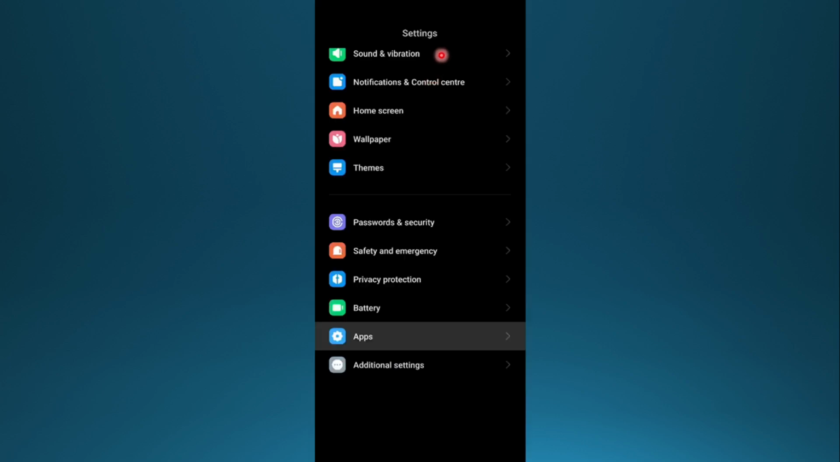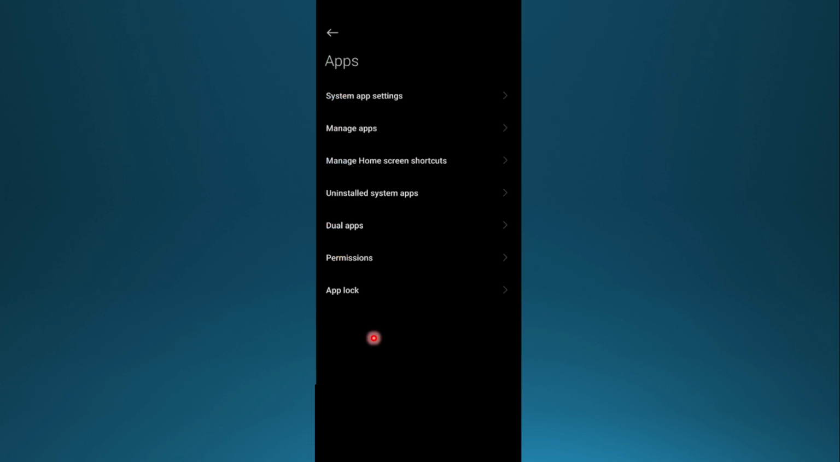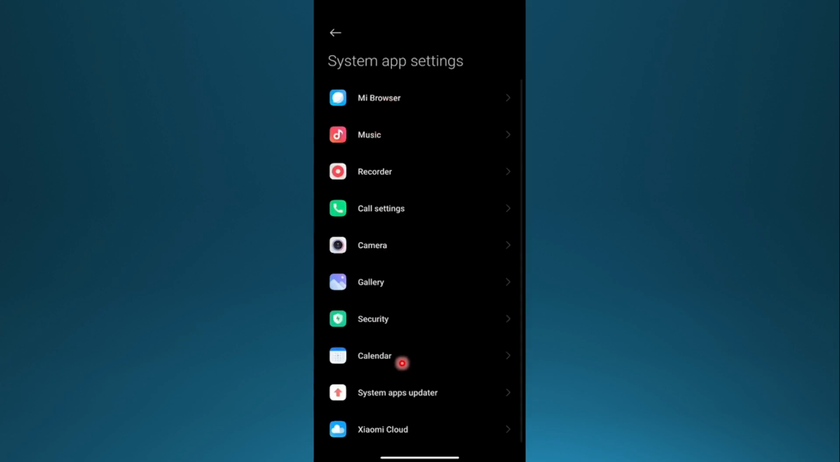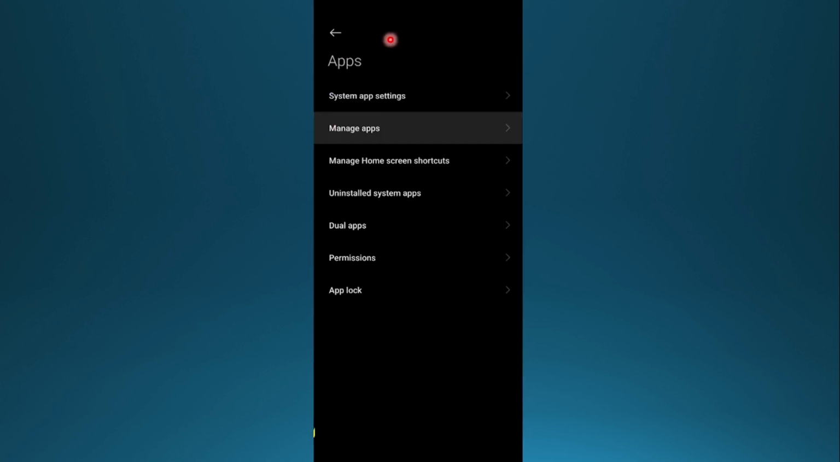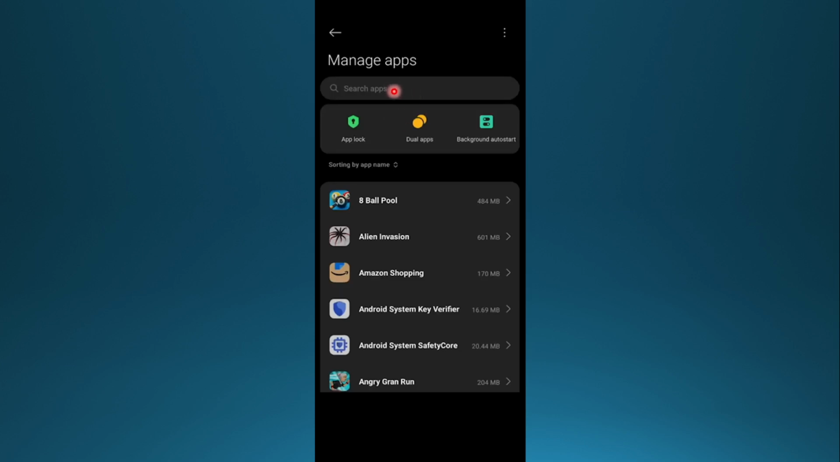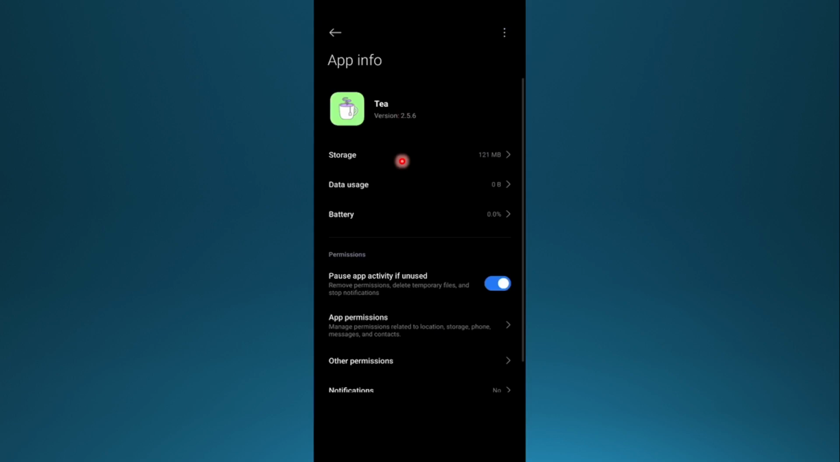access your settings and then come here, go to apps, and then click on manage apps. Of course, you need to search up the T app, or you can scroll all the way down to T. You can just search it up for the T app. Okay, so you search here T, you click on it, and then what I want you to do is actually